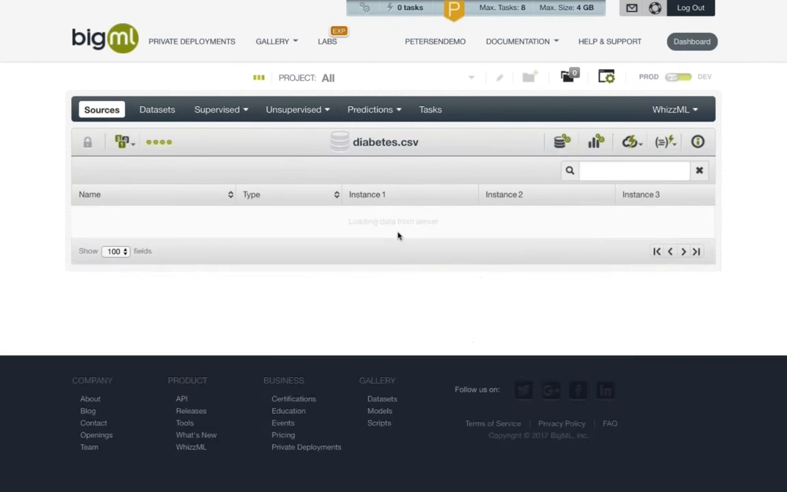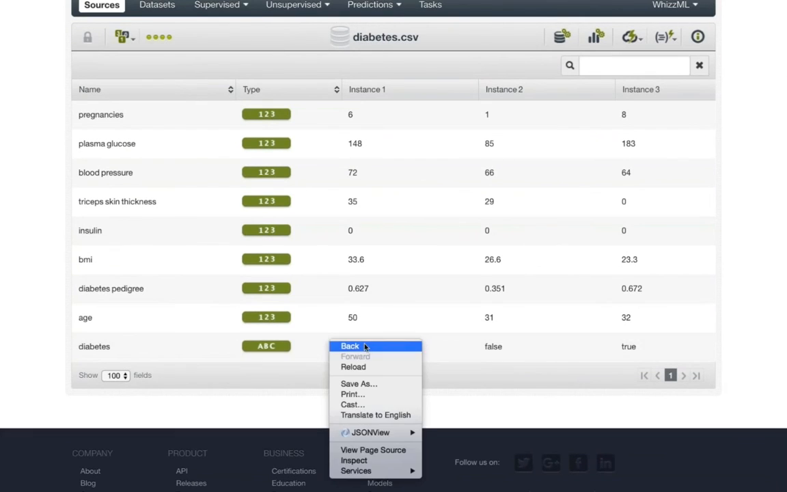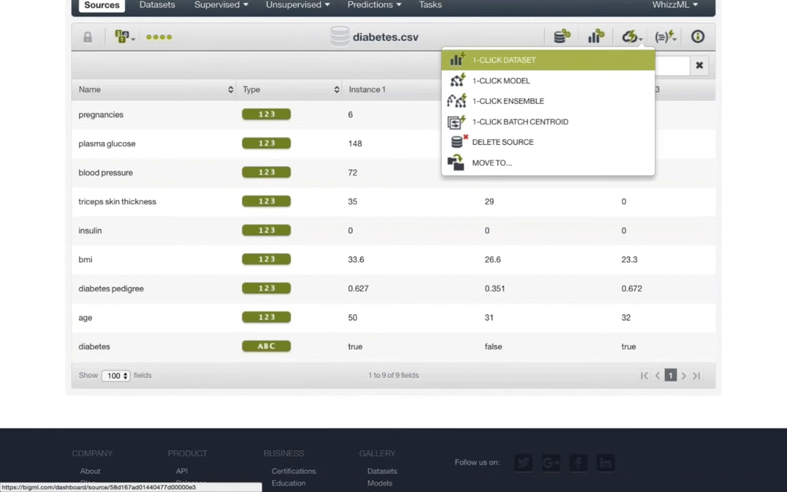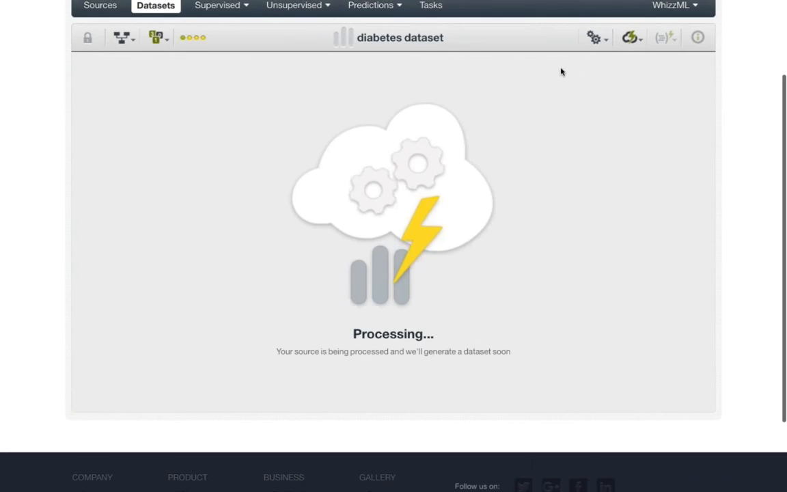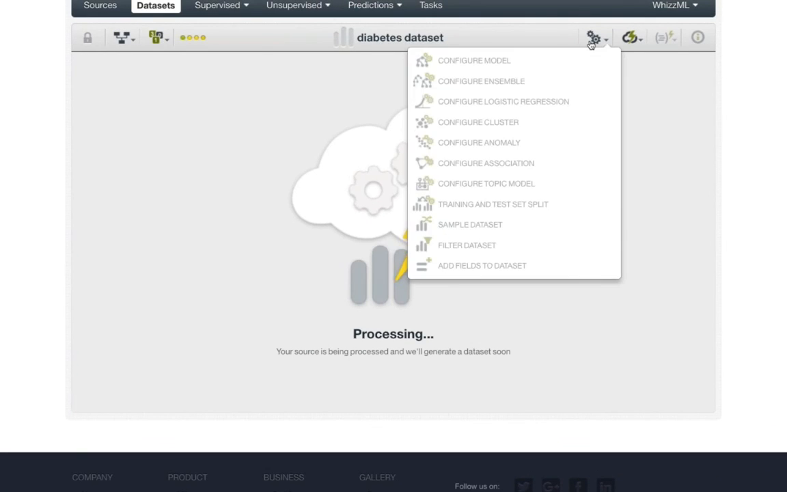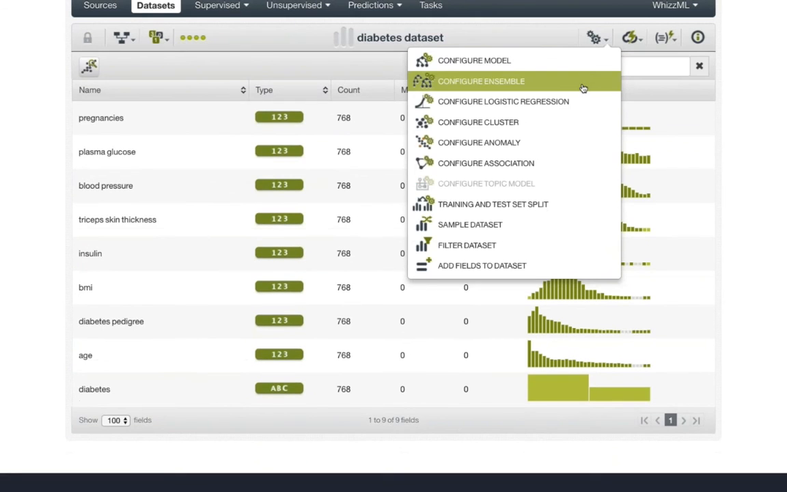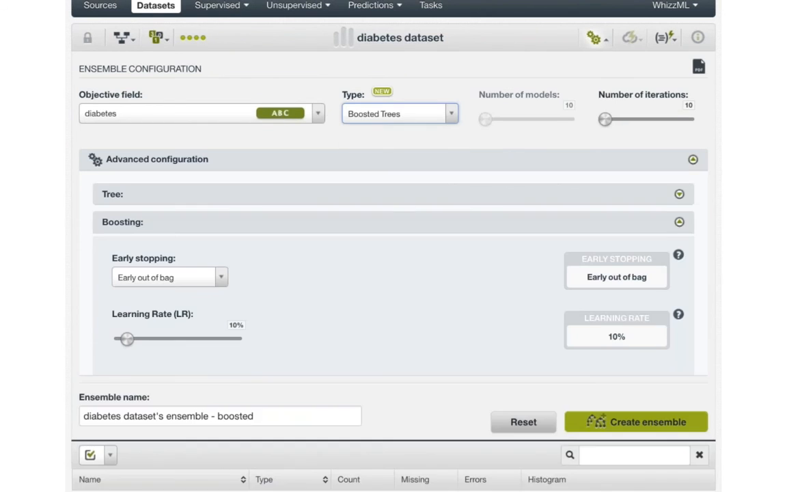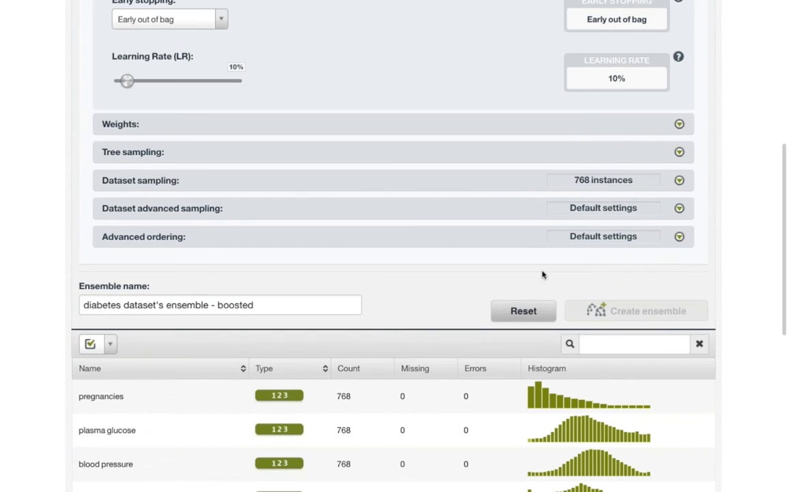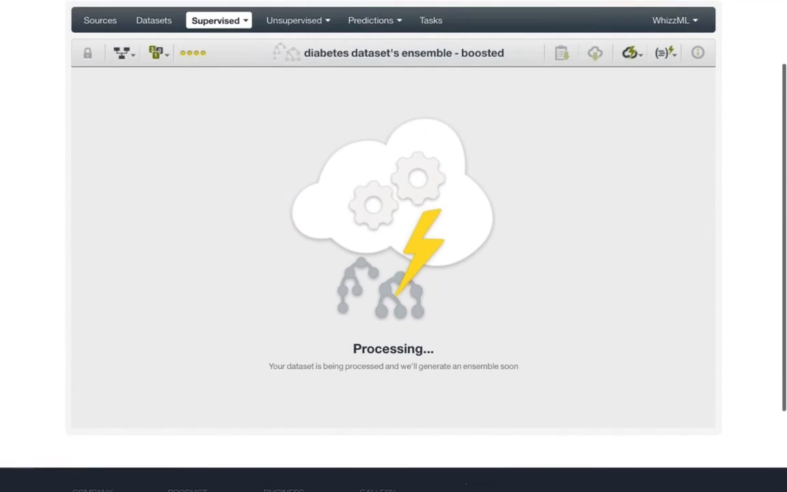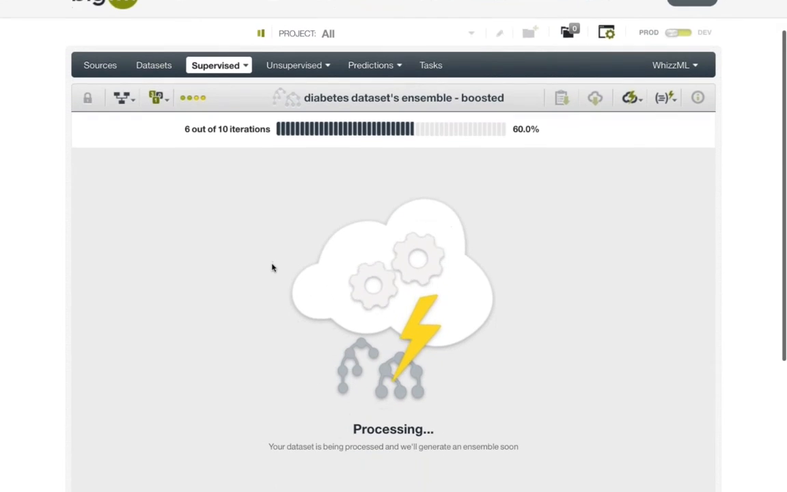All right, so as promised, this has the diagnostic information, and we have this categorical value, true or false, at the end. All right, and now we're going to configure our ensemble. We'll do boosted trees, and for this, we'll just go ahead and again take the defaults. All right, now the default is to do 10 iterations, and once this boosted ensemble comes up, what we're going